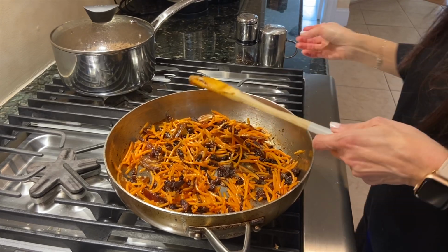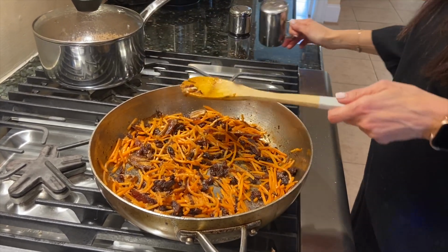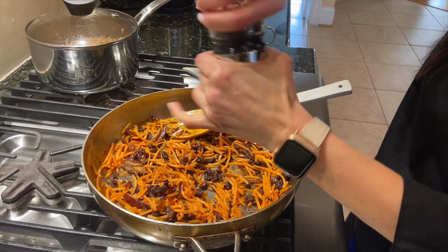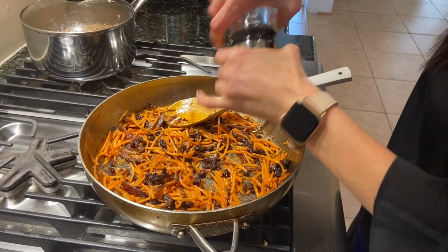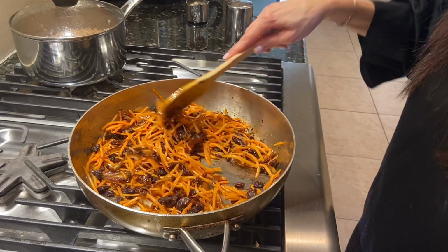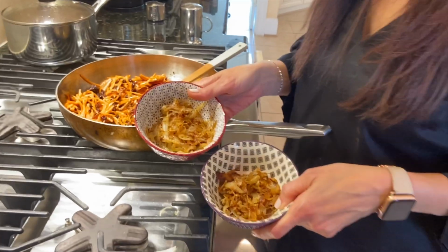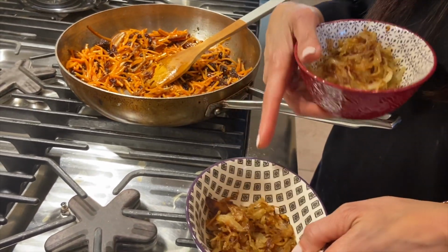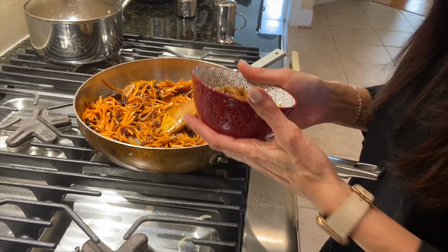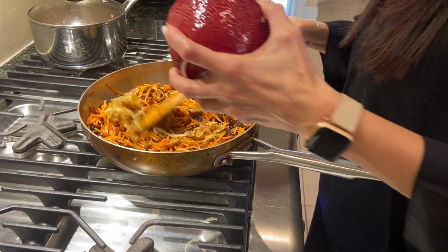So these look good. We're going to add some salt and some pepper. And just set this aside. As you see, I have 2 bowls of fried onions. One is a little bit more fried and one is less. I'm going to keep this for later. I'm going to add the onions to this mixture,